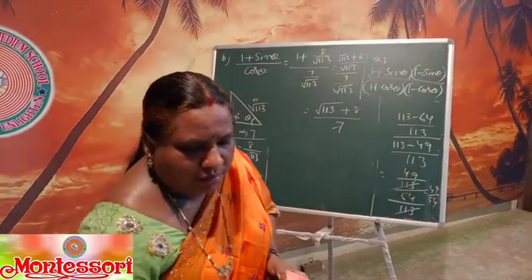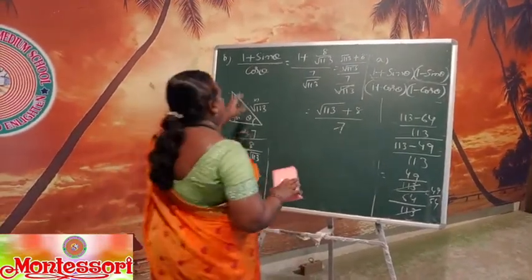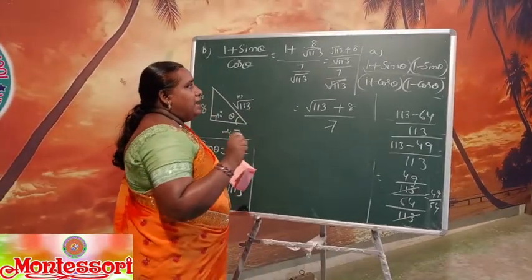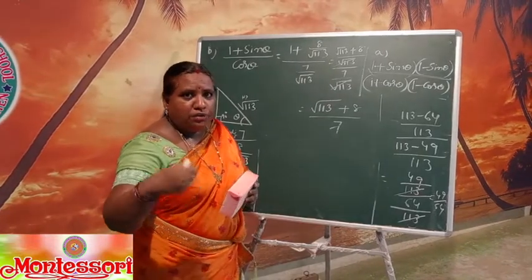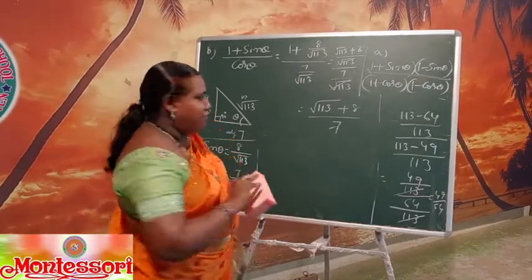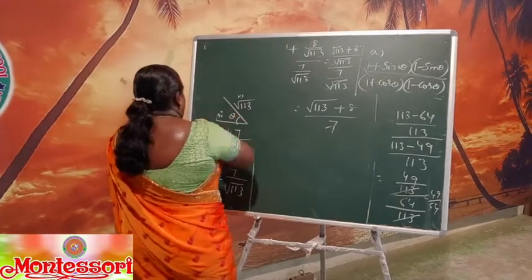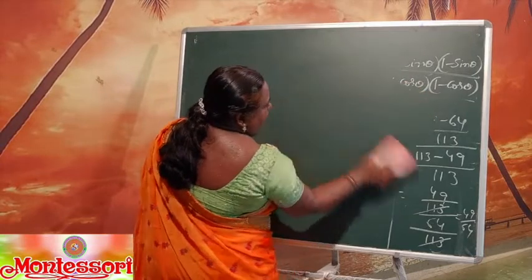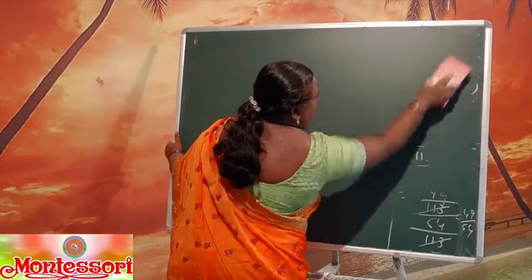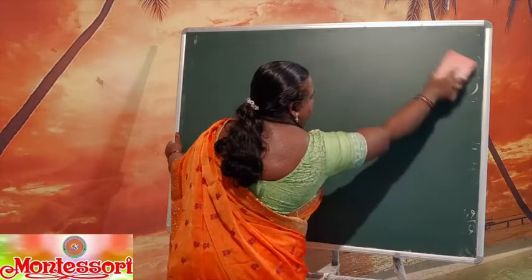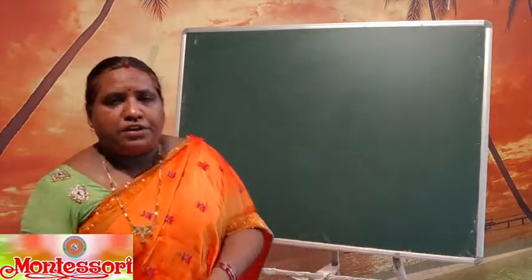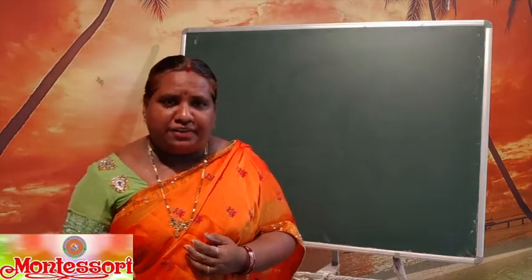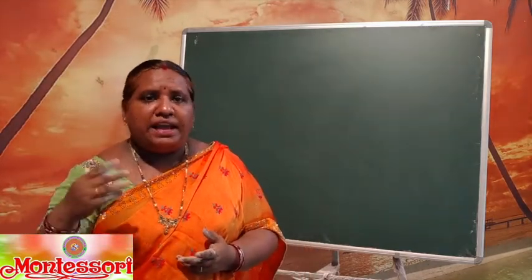Next we will go to the next sum. I just substituted the value. I hope you understand. Nothing will be difficult if you do it 2-3 times. You practice 2-3 times, then it will be easy for you. In the previous class I gave the values of trigonometry. I gave homework to write a table also. If you learn by heart the values, sin 0, sin 30, sin 45, cos 0, cos 30, cos 45, it will be easy for you.